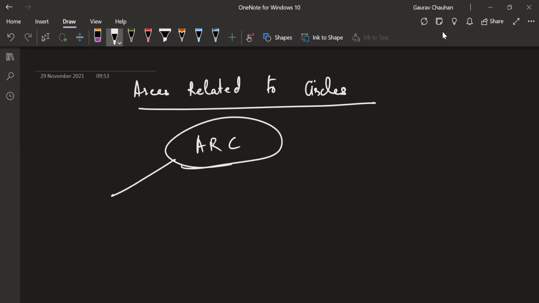First topic in this will be, so there are two parts, right? You will have areas and perimeter. You'll have both. I don't know why they are not talking about areas and perimeters related to circles, but anyhow, areas of a circle, area of a circle. Okay. That's the first topic.